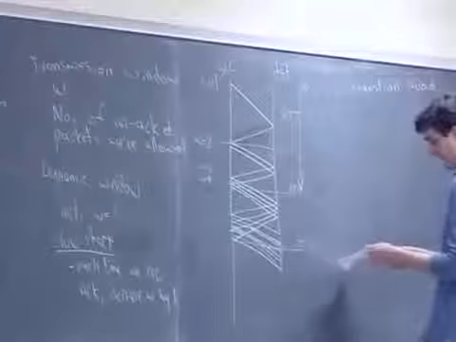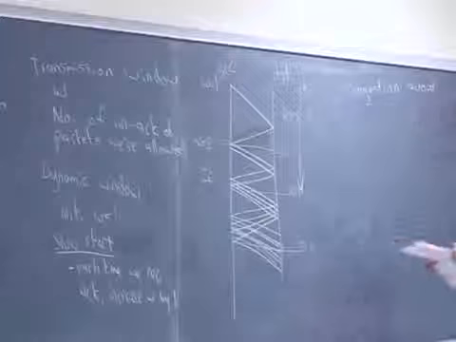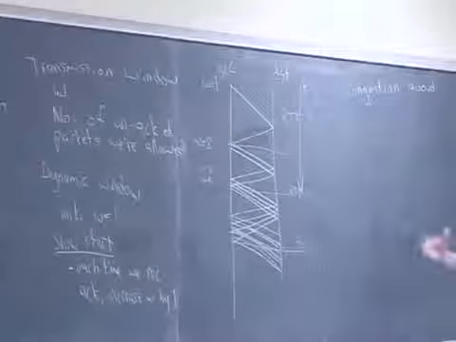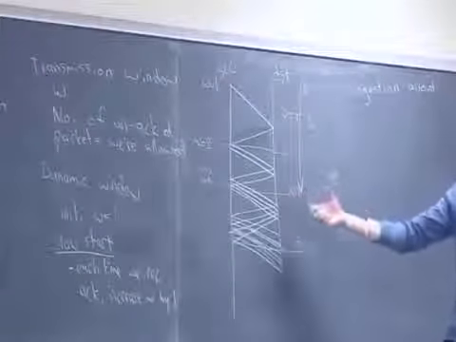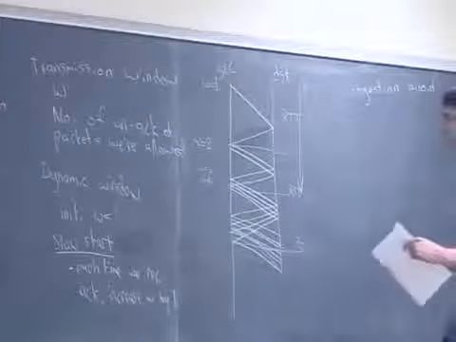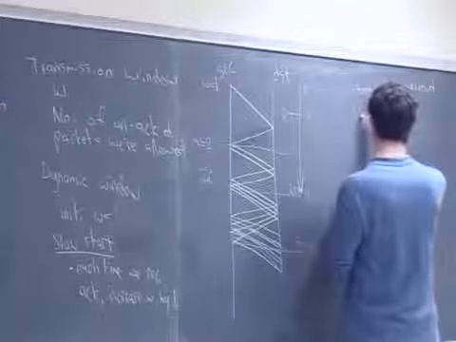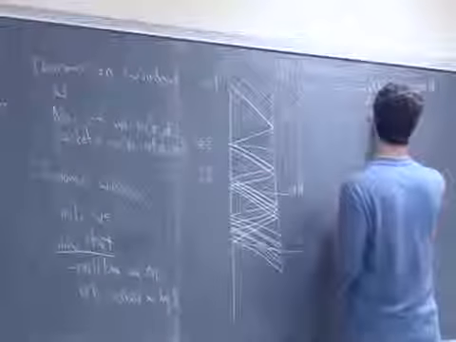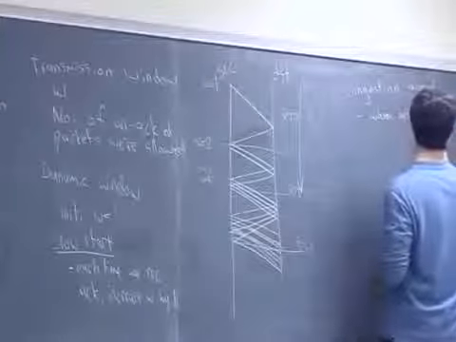In congestion avoidance mode, we don't want to grow as aggressively because we're trying to avoid congestion. So now, whenever we receive an ACK,